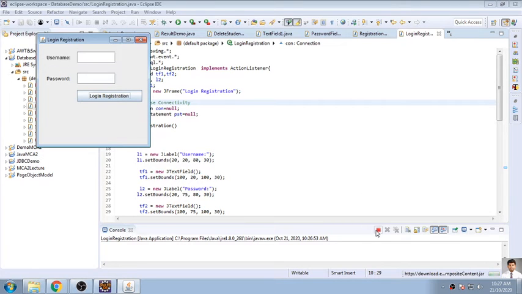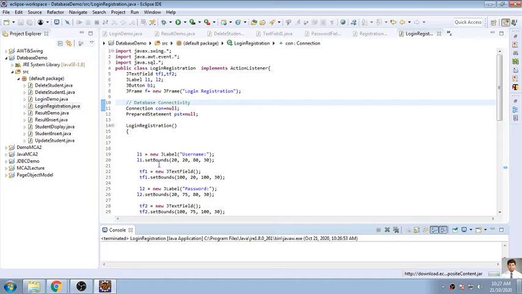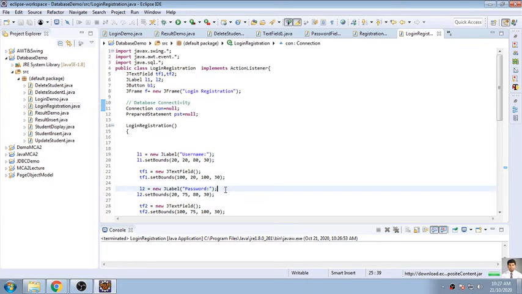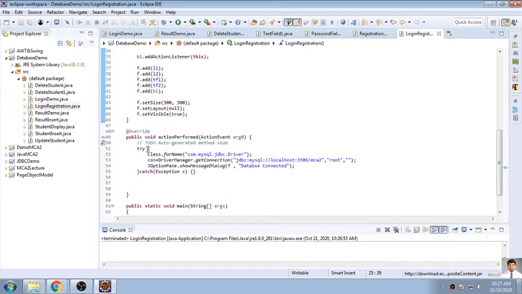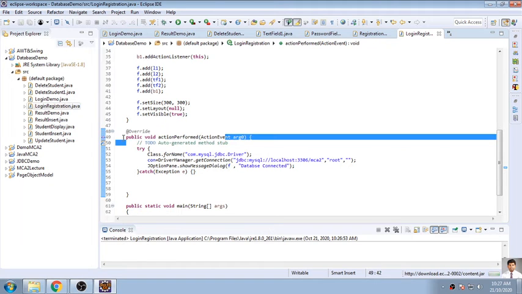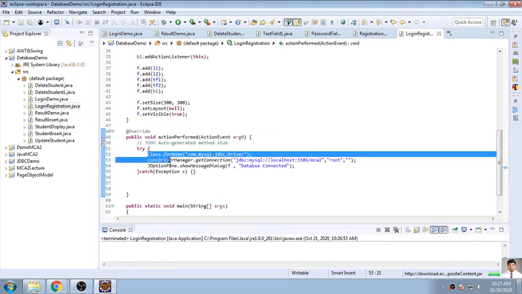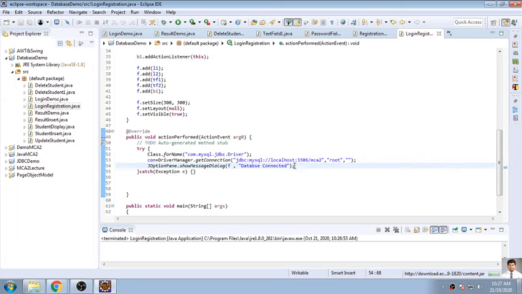Now what we have to do is transmit the values of text box 1 and text box 2 into the database, and fire a query that will insert that record into the login table. As soon as the button is clicked, it will call this function and your operation will be carried out over here. So here I have used a prepared statement.